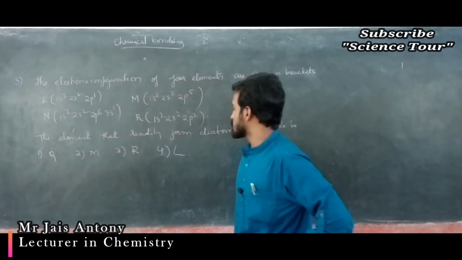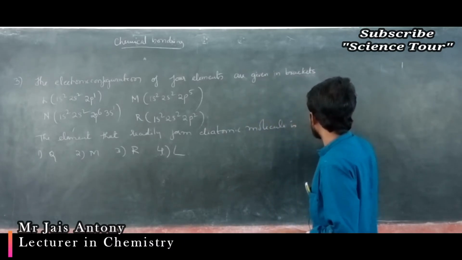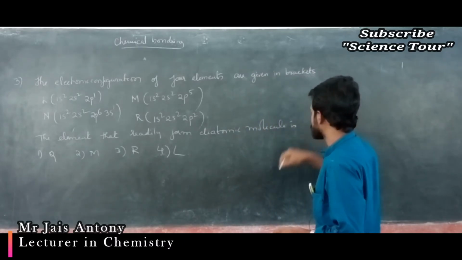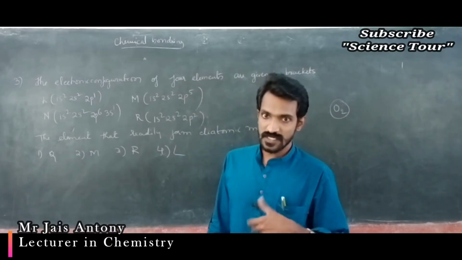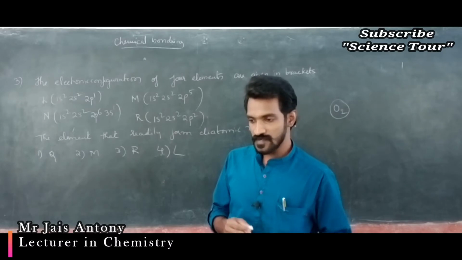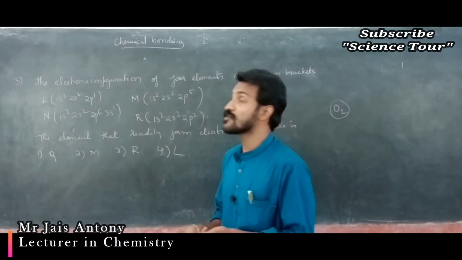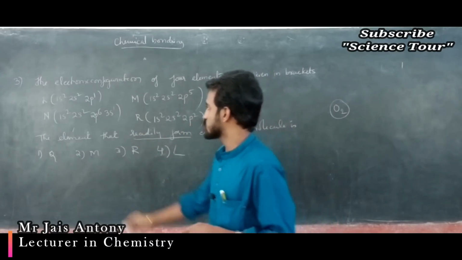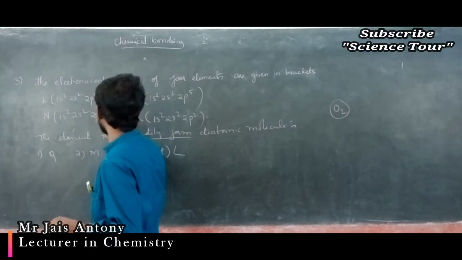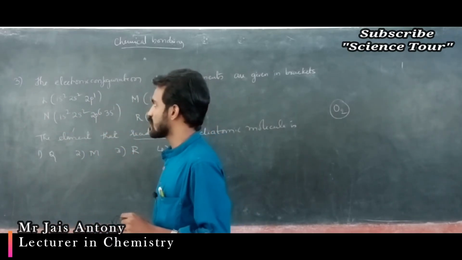The question is: which element readily forms a diatomic molecule? Diatomic molecules means, for example, oxygen, this type of formation. Which one readily forms? Readily means it is ready to form. Because sometimes by some other process it forms a diatomic molecule, but here the word is readily forms a diatomic molecule, whether it is Q or L or N or M, the question arises. By seeing the electronic configuration you have to find out, my dear students.